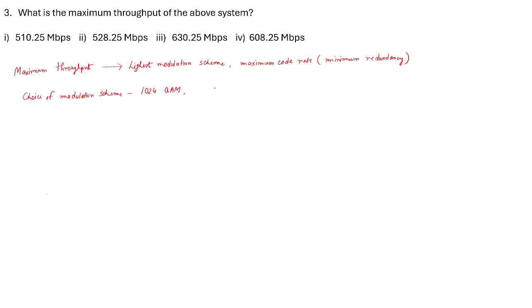And the code rate here is 5/6. Correct? So your maximum throughput is going to be